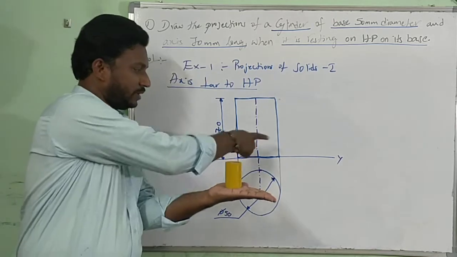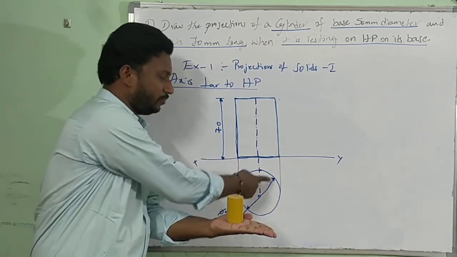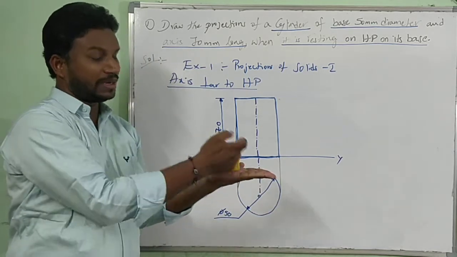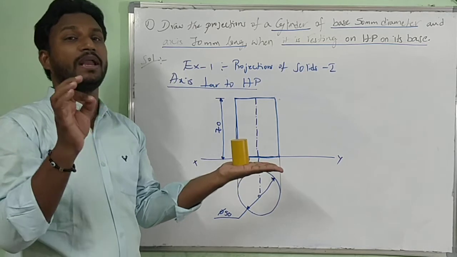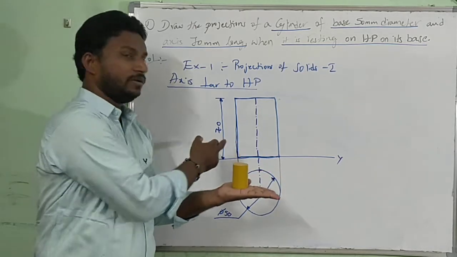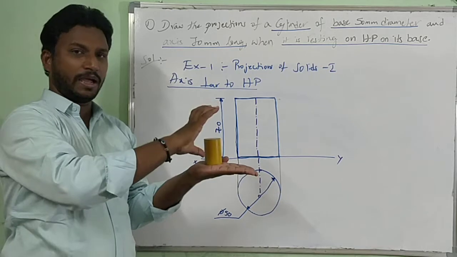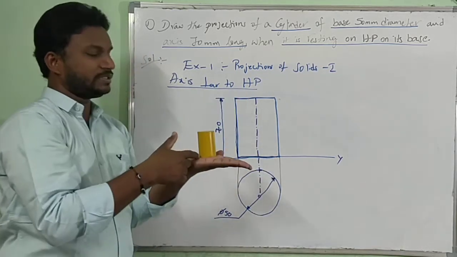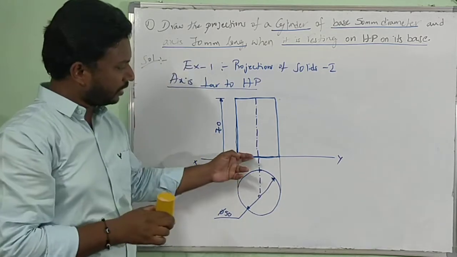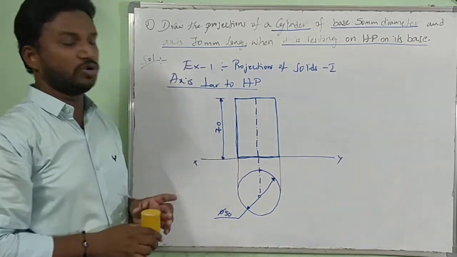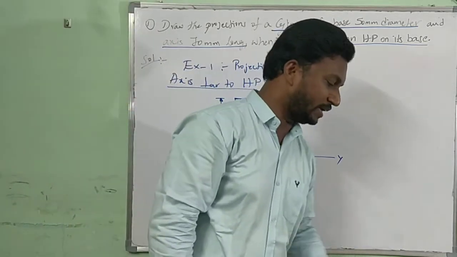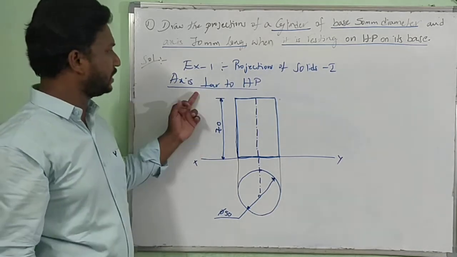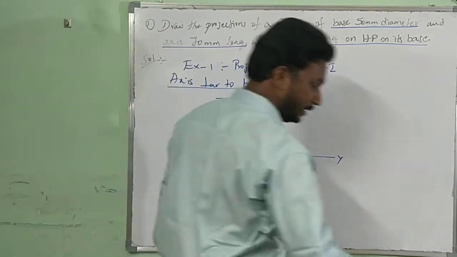Top view, circle. Below the XY line we have drawn a circle with center O and diameter 50 mm. Now in the front view, you can cleanly observe the boundary looks like a rectangle. For a rectangle, what do you want? Breadth and height. The breadth is projected from the top view as 50 mm. The height is the axis, so we draw the axis at 70 mm and show it as 70. I hope you all understand, right? Try to draw them. I'm starting from the initial, simple problems. Axis perpendicular to HP.